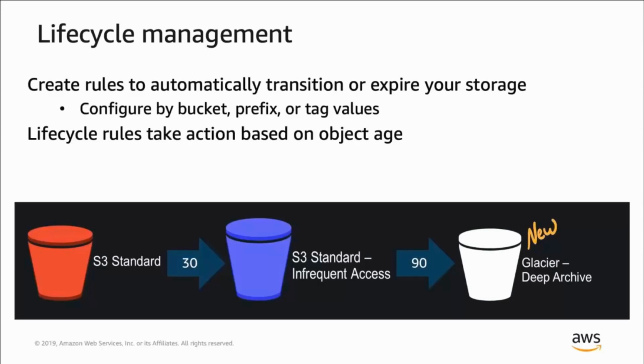I do want to stop for a minute on the expire portion, because it's our hope that in providing Deep Archive, customers will expire less often, or at minimum wait longer to expire, because with such a low-cost storage option in Deep Archive, it's more likely that data may be valuable compared to the low cost of Glacier Deep Archive. And again, lifecycle rules can be set to make multiple transitions, and they take action based on the age of